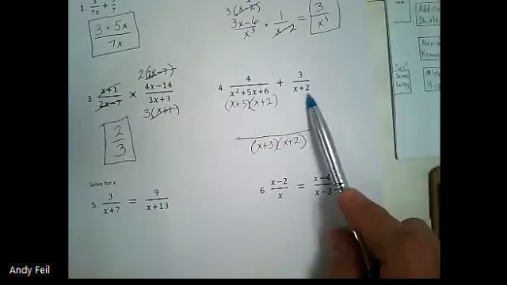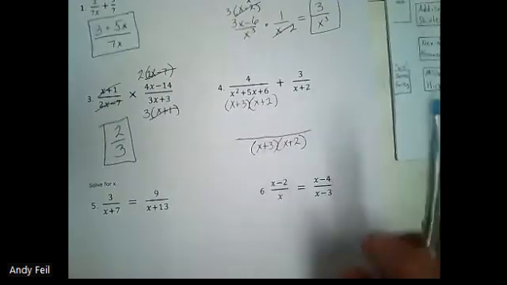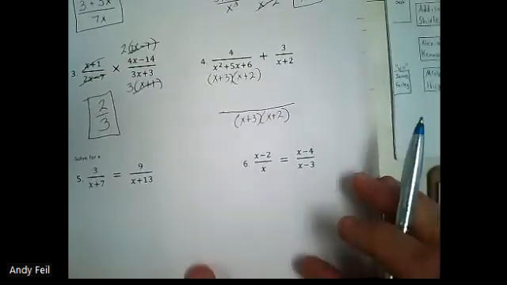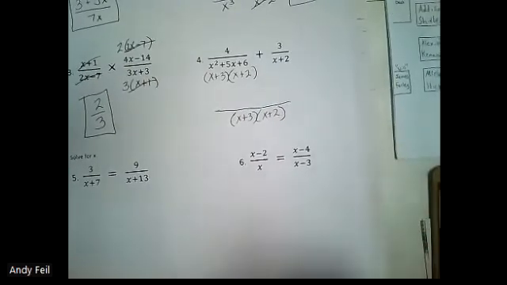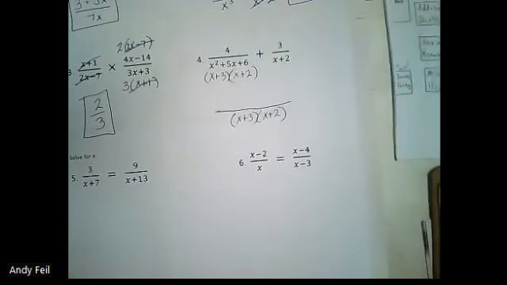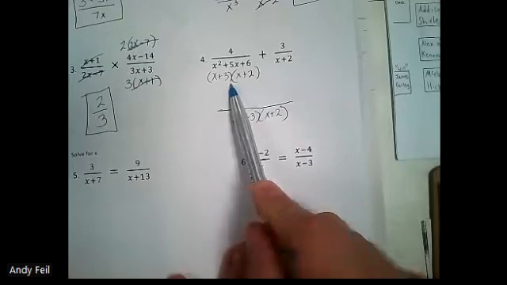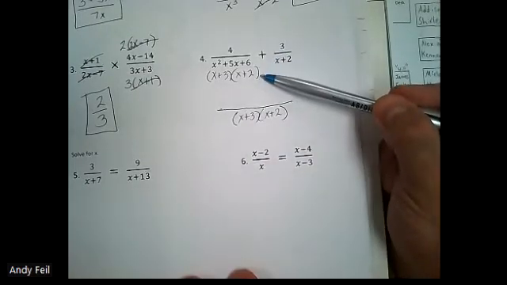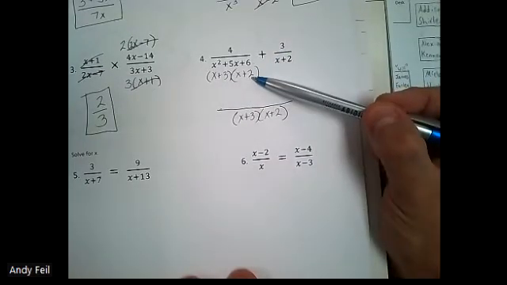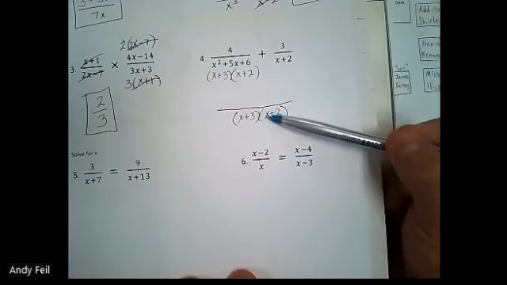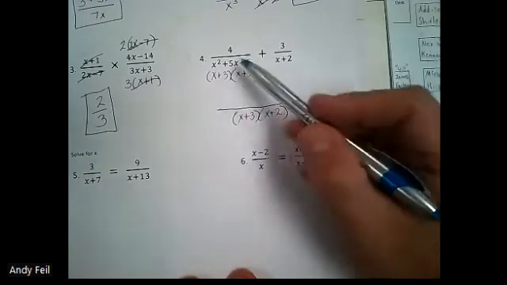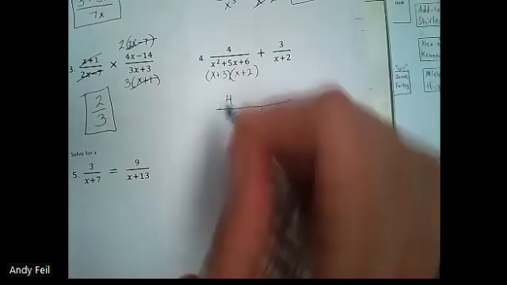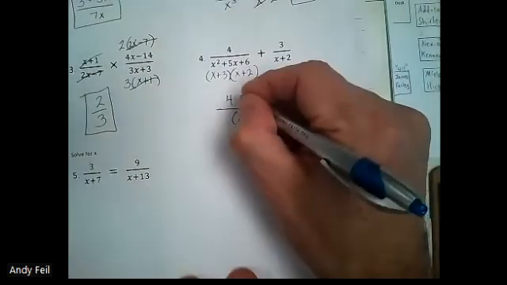Is that x plus 2 already in there? It is. And therefore, we don't have to put anything else in. Multiply by what each denominator is missing. What is this denominator missing? Nothing, because it has both the x plus 3 and the x plus 2, just like our common denominator. There's nothing missing. So I don't have to multiply that 4 by anything. I can just write it down. 4 plus,